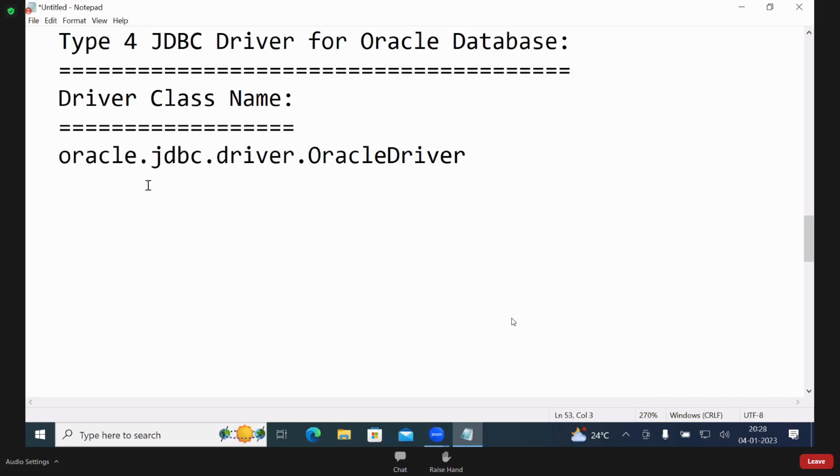Here, what is oracle? In this line: package, jdbc, driver, sub package, OracleDriver, class name.